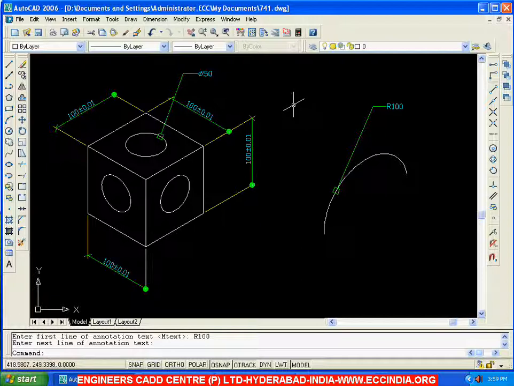So these are the main differences in case of isometric drawing when compared with 2D. One is about the dimensions, that is aligned and oblique. The other one about the circles, we are not using circles, instead of circles we are using ellipse, isocircle option. Then dimensioning of the circles, that is isocircles and isoarcs, can be done using leader option. Then copy can be same, move can be same, fillet can be same, chamfer can be same. All these modifying options will be similar, just like 2D.